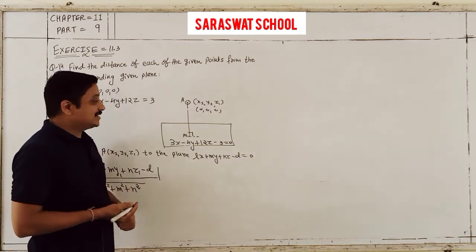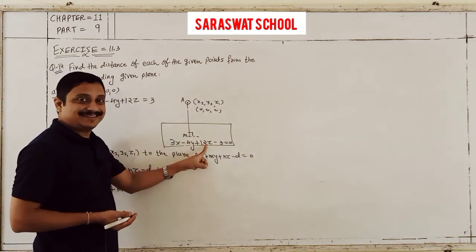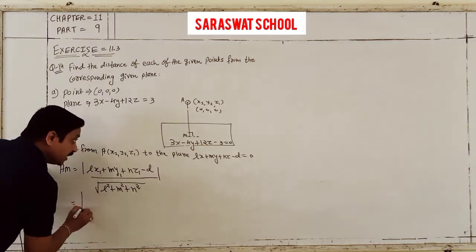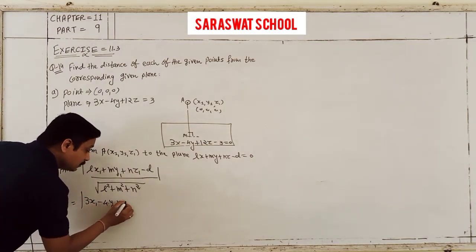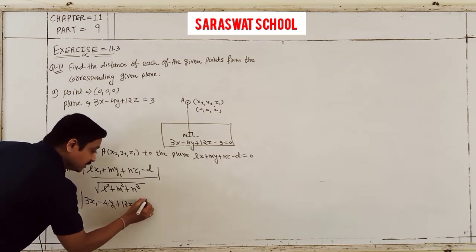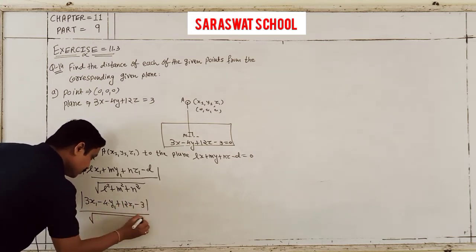Apply the values of l, m and n. So my value is, students, very easy, 3x1 minus 4y1 plus 12z1 minus 3 upon